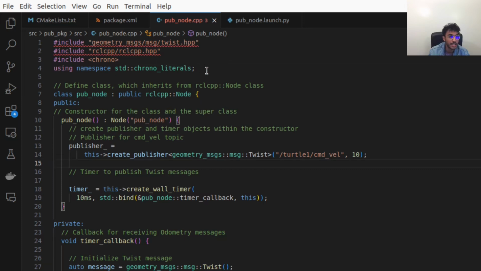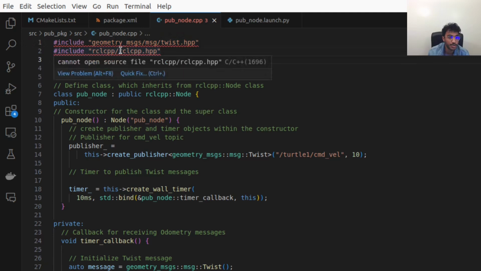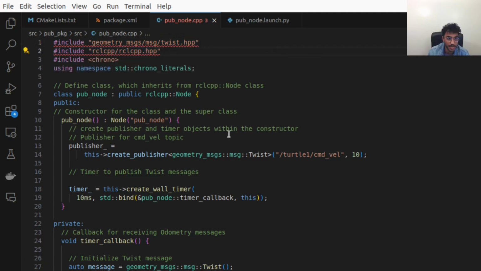So first we define all the headers. Over here we include the Twist message, which we will use, and then we use rclcpp because we are writing a C++ node, and this is chrono because we are using a timer which will publish the data in a